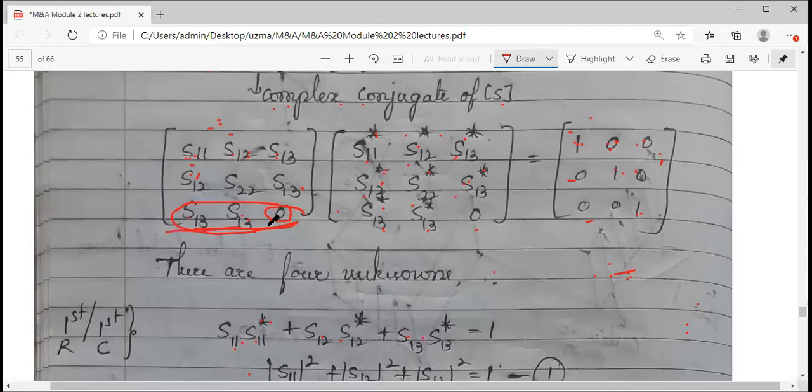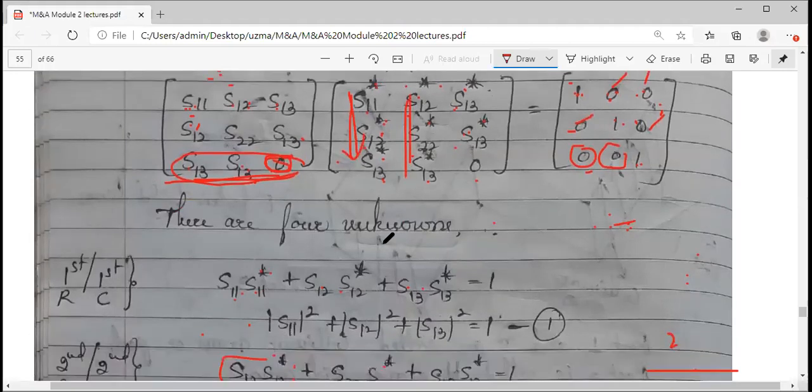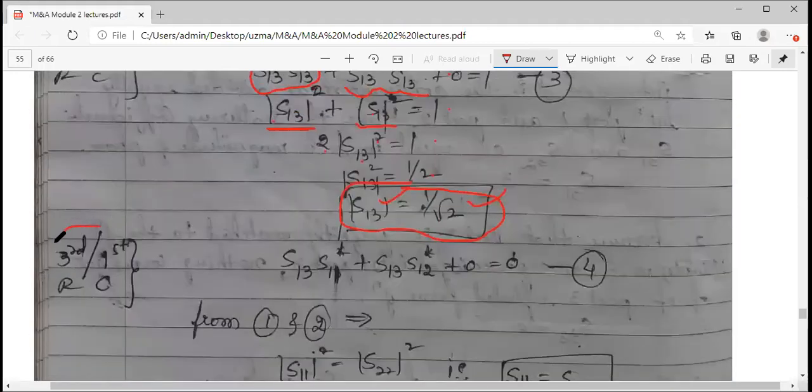So let me take the third row with either first column or second column like this. You can take any of these two. I have not preferred to take these. Here, as I have 0, it would be easy for me. One term will reduce, the third term will reduce. Because of that, I have chosen the third row with, it is up to you, either first column or second column. First value indicates row, second value indicates column. So I am taking third row, first column.